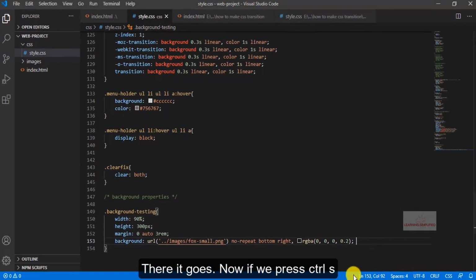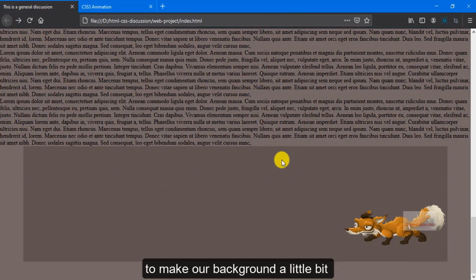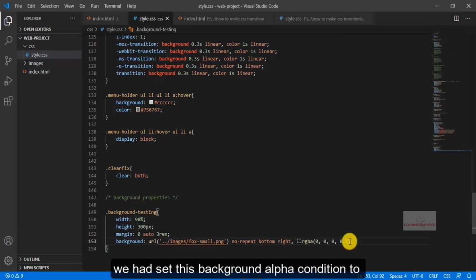There it goes. Now if we press Ctrl S, head back and reload, we can see that we are able to make our background a little less opaque. It has a lesser opacity, as we had set this background alpha to 0.2.